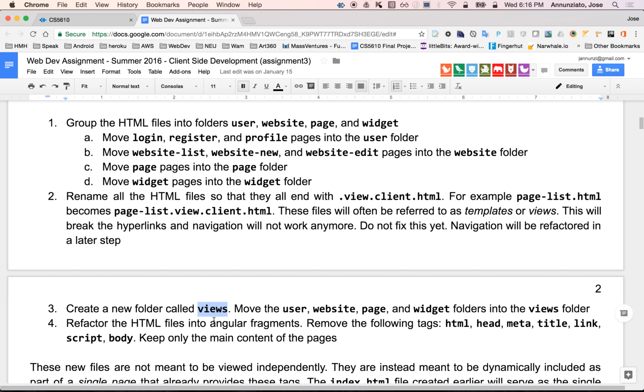Another competing way to do this is by feature. For instance, there's a user feature, a website feature, a page feature, which we're kind of following here. In that organization, there are also a couple of different competing ways to do it. Under user, you might have all the HTML that goes along with it, and perhaps even the controllers under here. Another competing way to organize this under user is again by type of artifact, where you might have